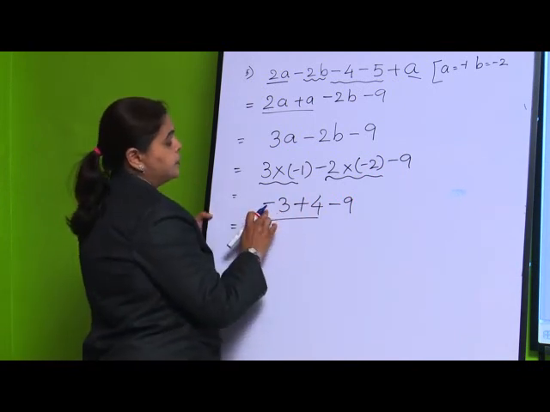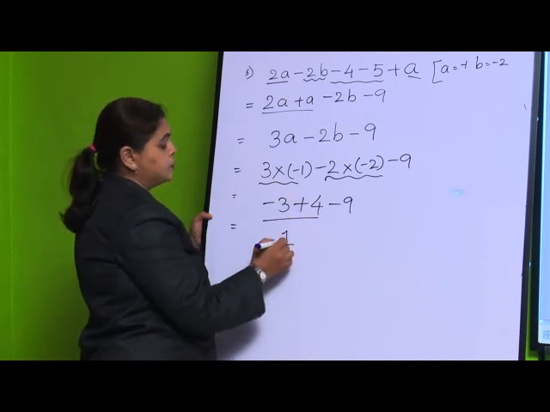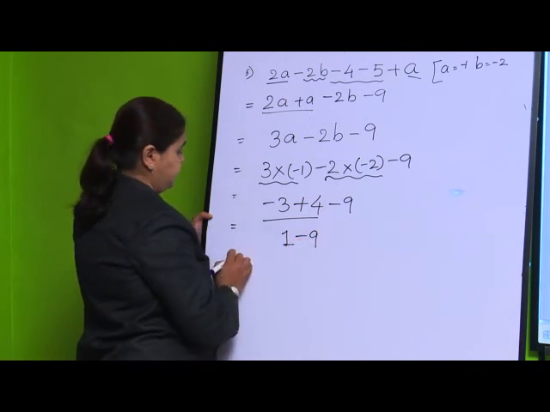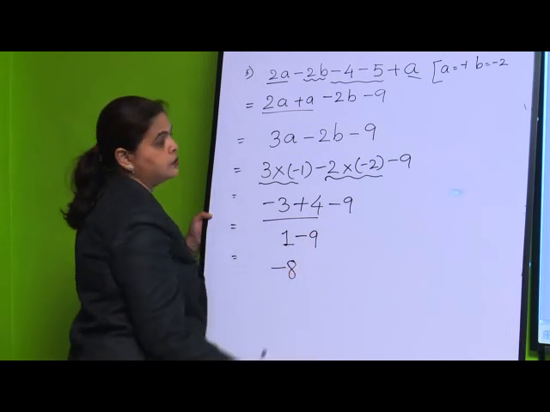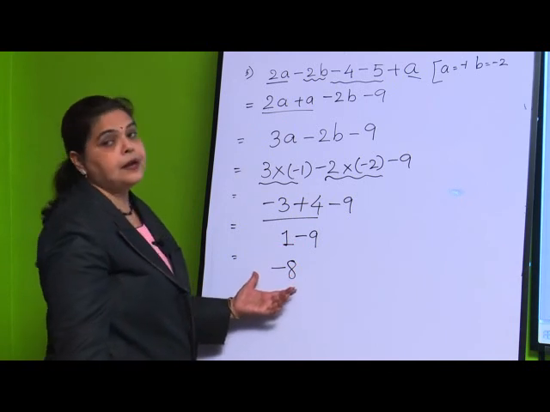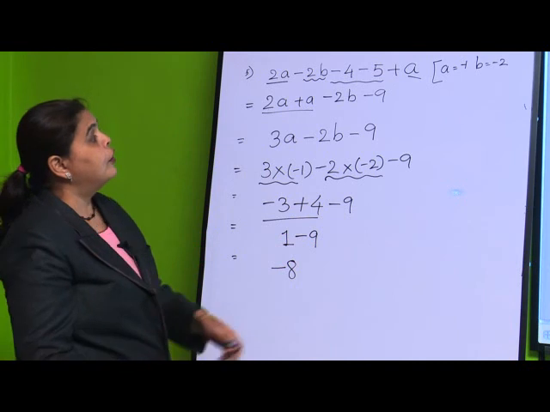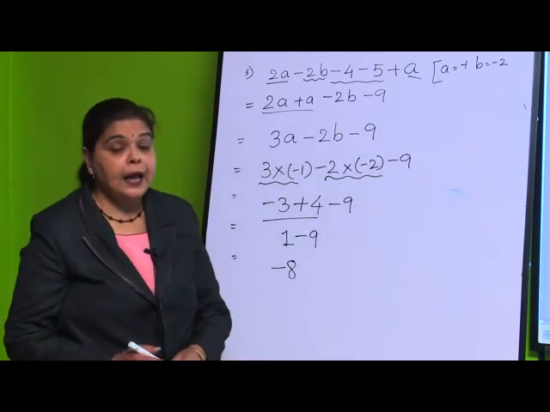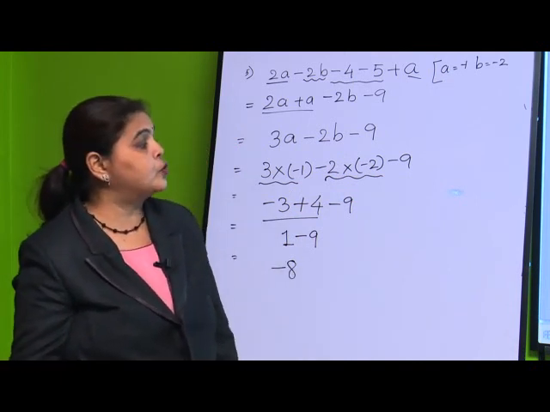Now, you can do the pairing of this. One is plus, one is minus, so subtract the numbers. So, it will be 1, here is plus. We do not need to write plus 1, here will be minus 9. So, 9 minus 1 is 8, and the greater number is minus, so what we require is minus 8. So, in this way we substituted the values of the two variables, a and b, which were given in the example question.